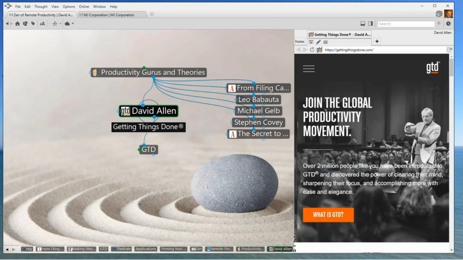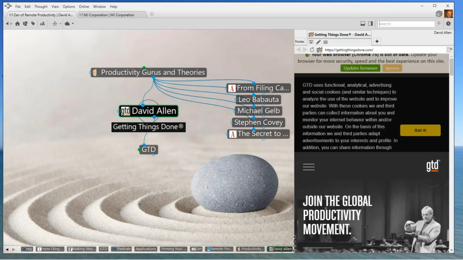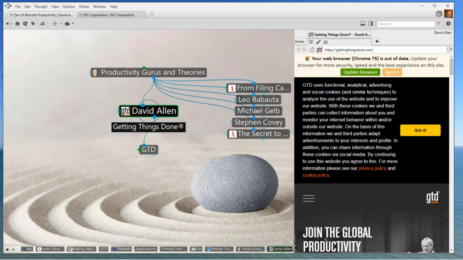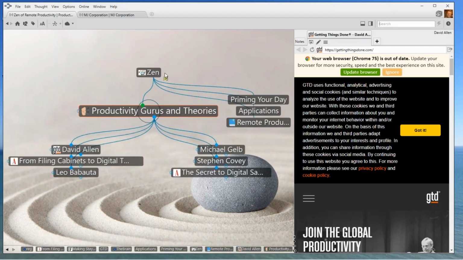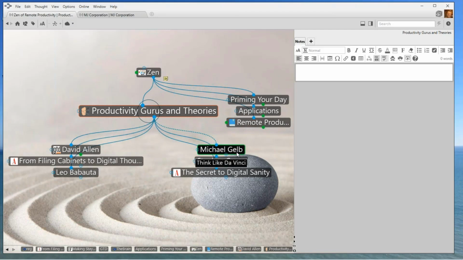David actually uses the brain technologies, and we actually have a recorded demo of David sharing his brain. I'll be sure to add that. I'm surprised I didn't, but I'll add that into this brain before I share it with everyone on today's call as well. And of course, there's Michael Gelb, if you're familiar with the book Think Like Da Vinci,